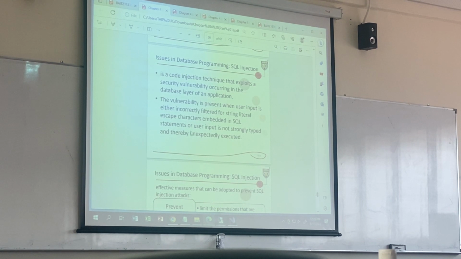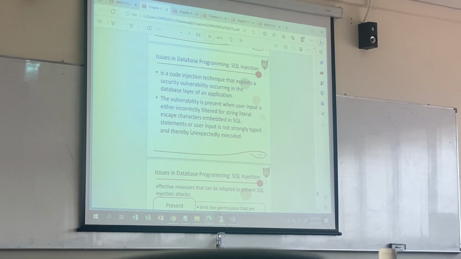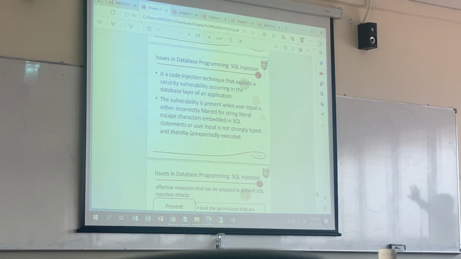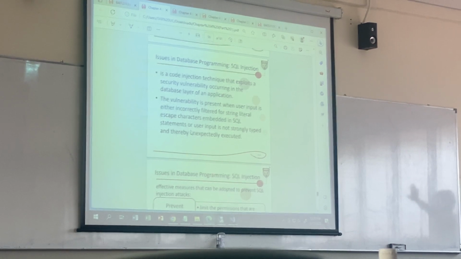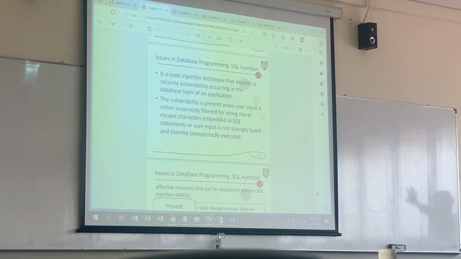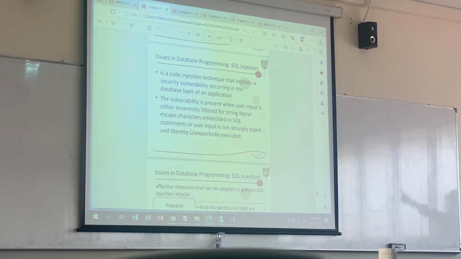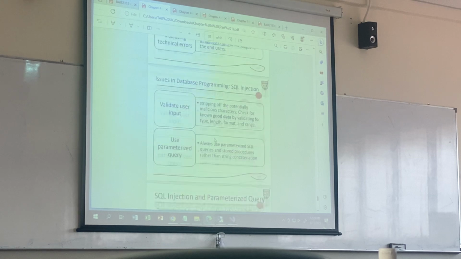This is the explanation. If you want to put in examples of how it happens, because you may not remember exactly how to rewrite the whole thing during the final exam, you can use the examples to explain it instead of struggling to memorize it. How it happens, right? Because of the escape characters embedded in the SQL statement. Examples like